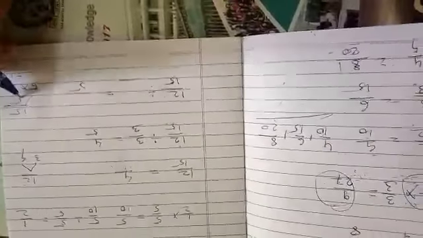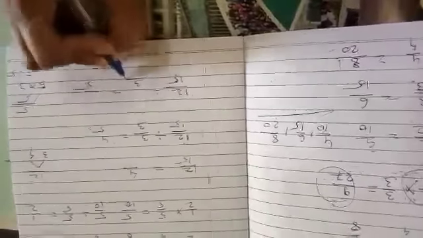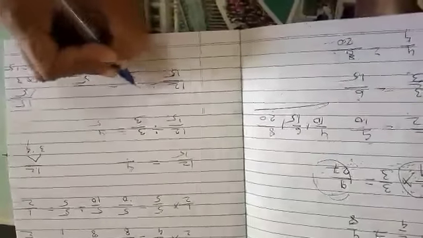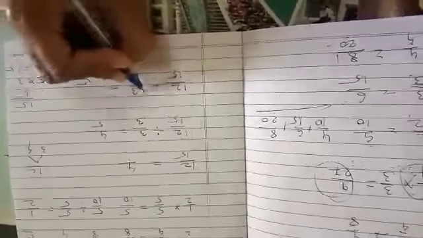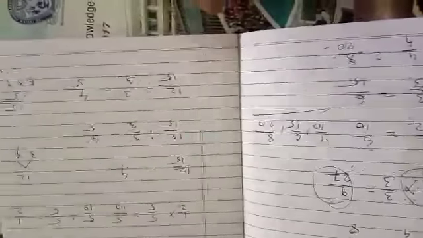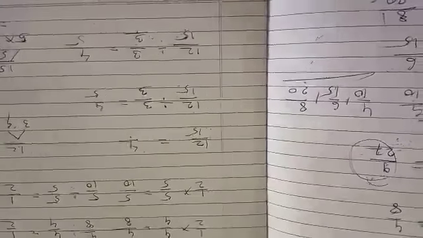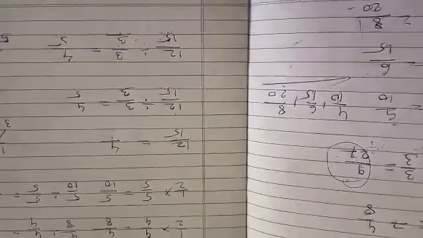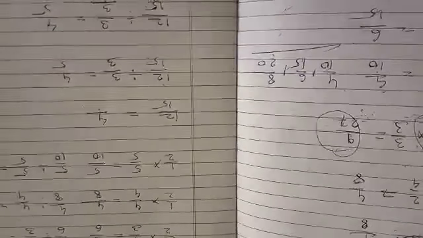It means 15 is divided by 3 to get 5. So in the same way, if the denominator is divided by 3, naturally the numerator is also divided by 3. 3 fives are 15 and 3 fours are 12. So in the same way you have to do it: find out what number you can divide the given fraction by to obtain the given numerator or the given denominator. In this way you have to find an equivalent fraction for the given fraction.